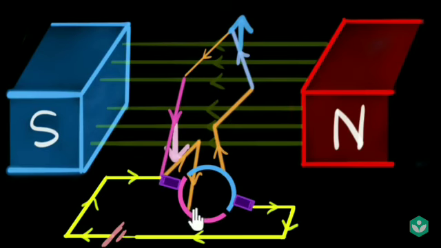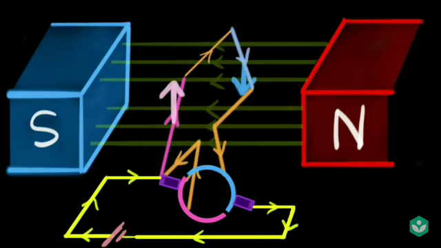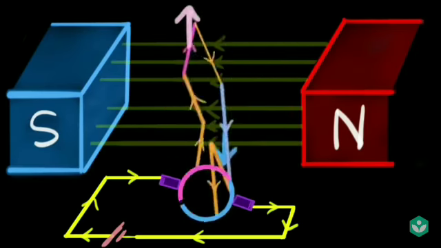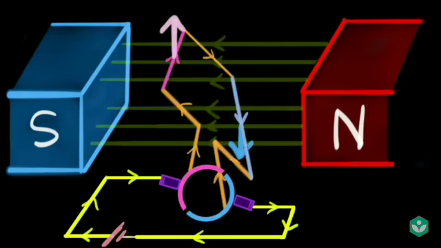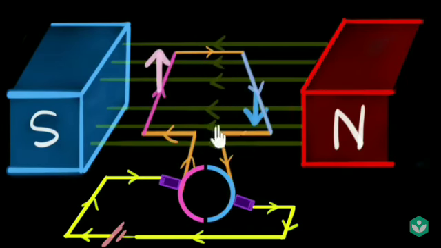Until again, notice, now again they will change contact. Now again the pink will be in contact with the positive terminal and the blue will be in contact with the negative terminal, and as a result the current will again flow in this way, again reversing the direction of the forces. And so using a commutator we have now achieved complete motor action.